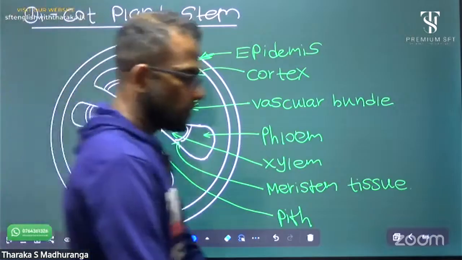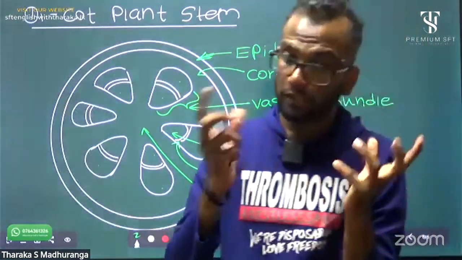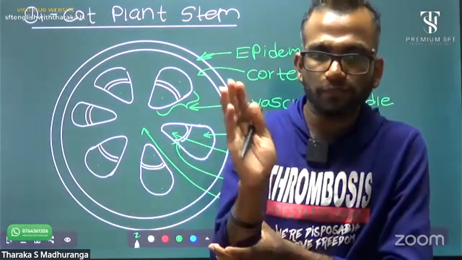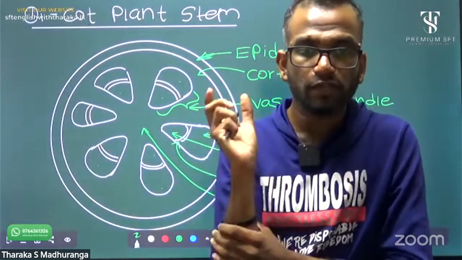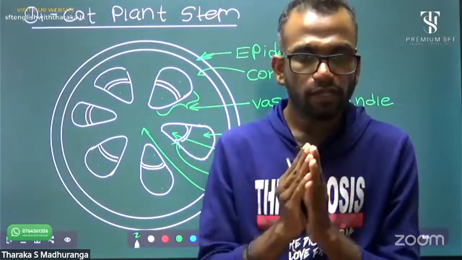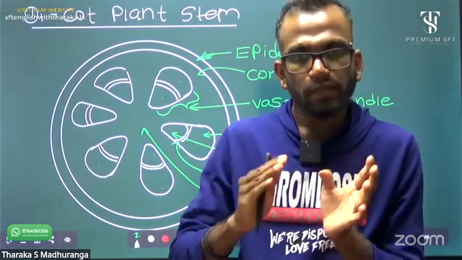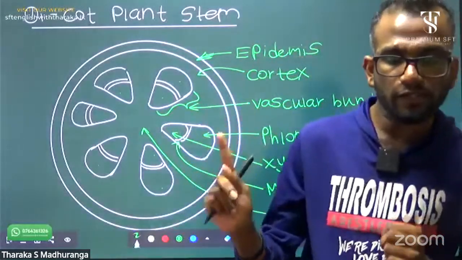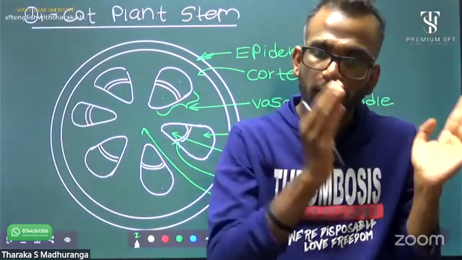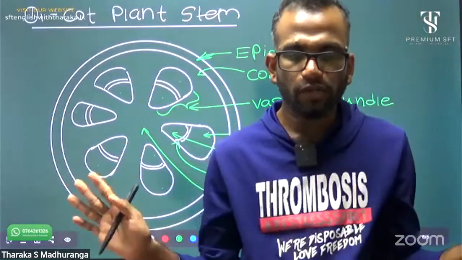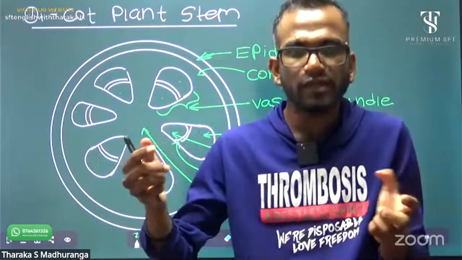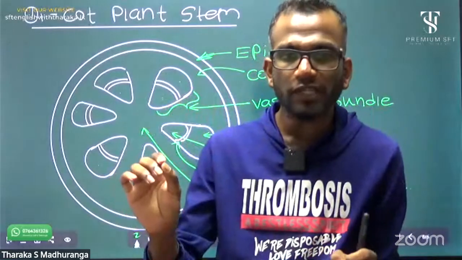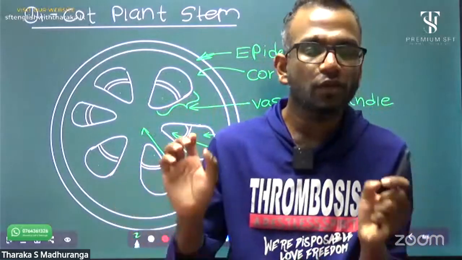Now remember, it is an immature plant stem. Immature plant stem means when secondary growth of dicotyledon plants happens, the structure will be changed. Before I explain what happens in secondary growth, I will explain the monocot plant stem. In monocot plant stem, immature to mature, there is no difference, only the thickness increases a little bit. No considerable difference in structure. That means in monocotyledon plants, there is no secondary growth.